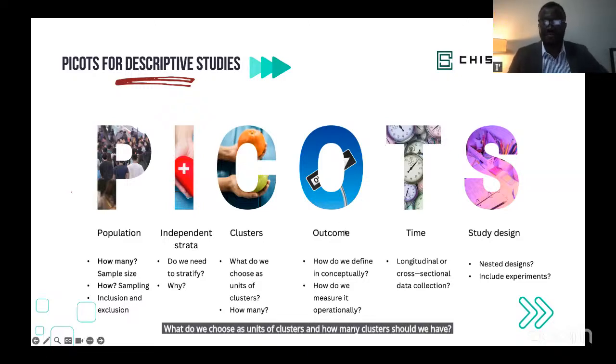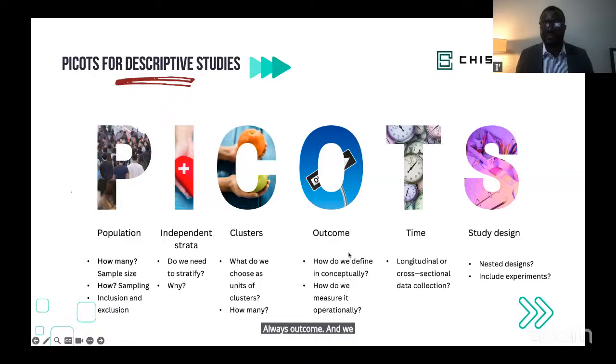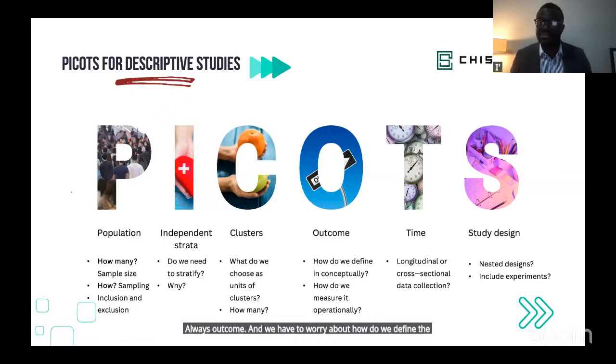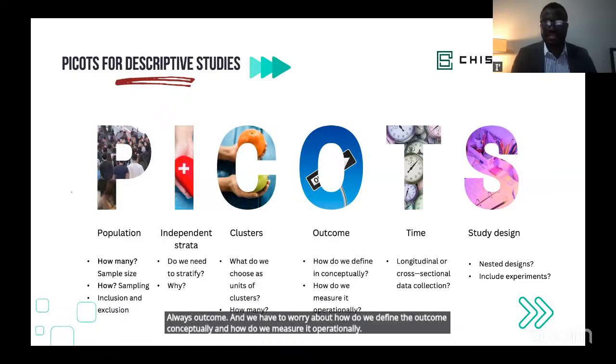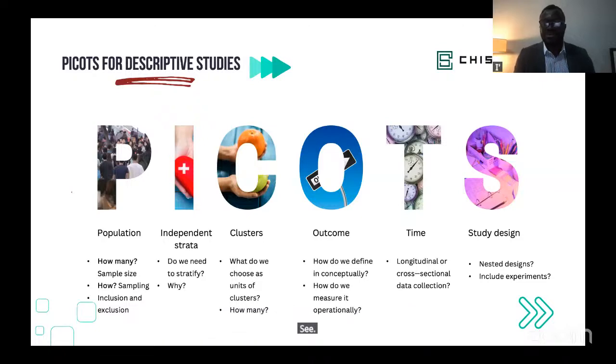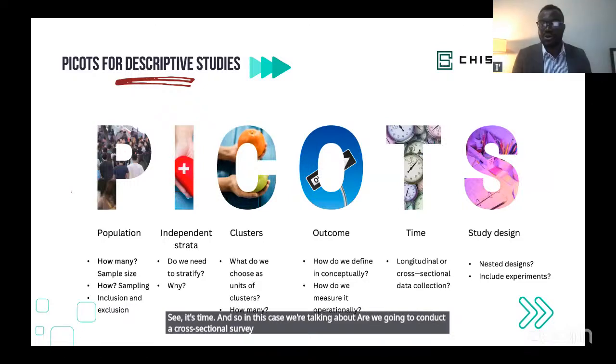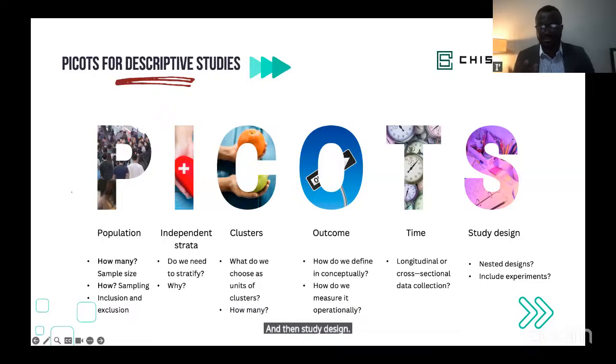O is outcome. And we have to worry about how we define the outcome conceptually and how we measure it operationally. T is time. And so in this case, we're talking about, are we going to conduct a cross-sectional survey, which is just one time, or do we design a longitudinal study where we follow people over time? And then study design. The hallmark of a great or innovative researcher is